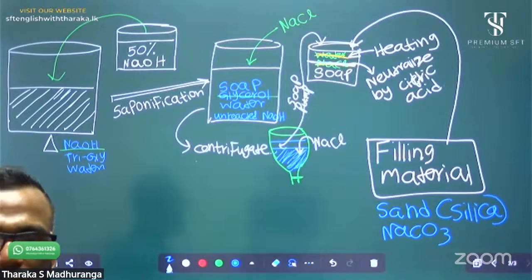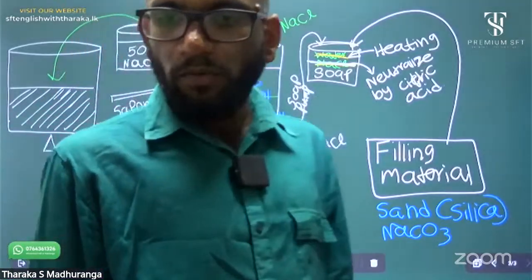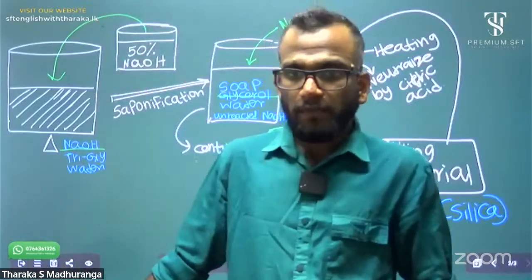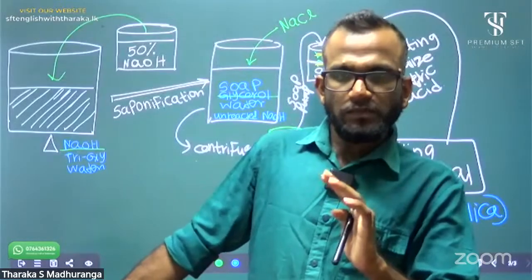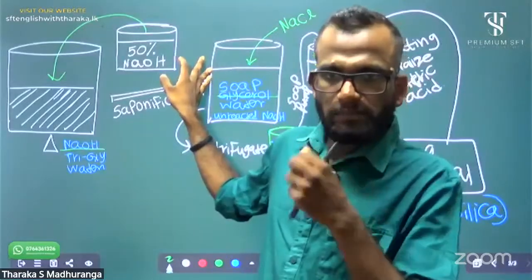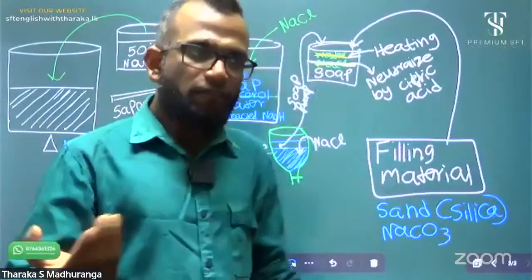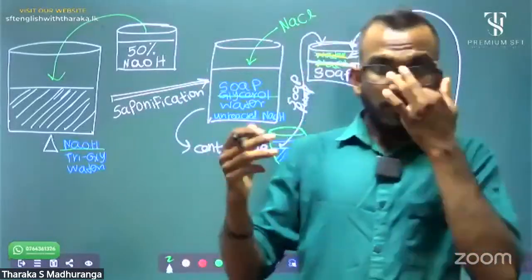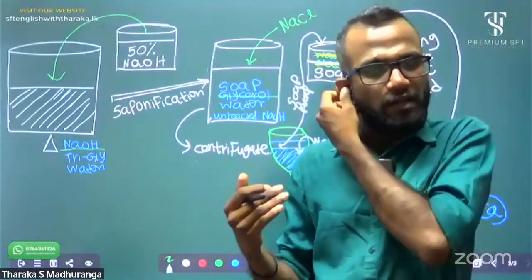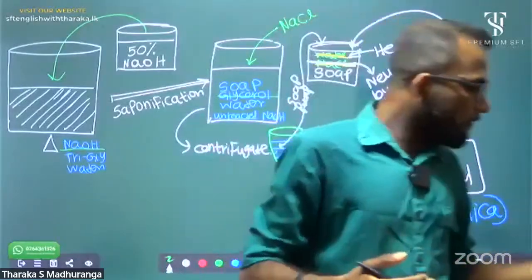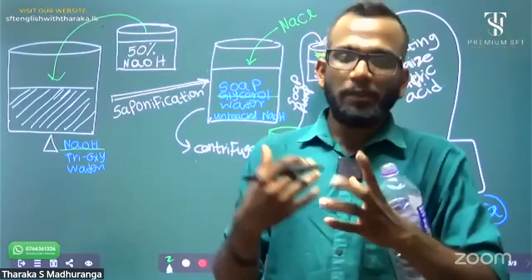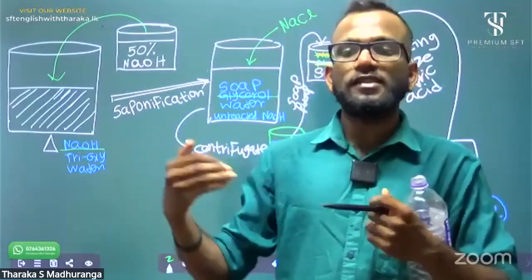A good question, Tanya. Why are we adding sodium chloride in the first beaker? Not first beaker, Puta. After saponification. After saponification, normally glycerol is high density and soap is low density. It's naturally separating, but our requirement is to increase the separation quality. That means easier separation. For this easier separation, we can increase the thickness of the glycerol.